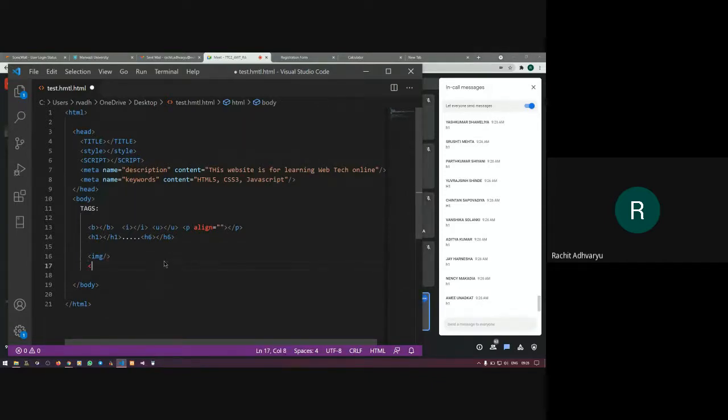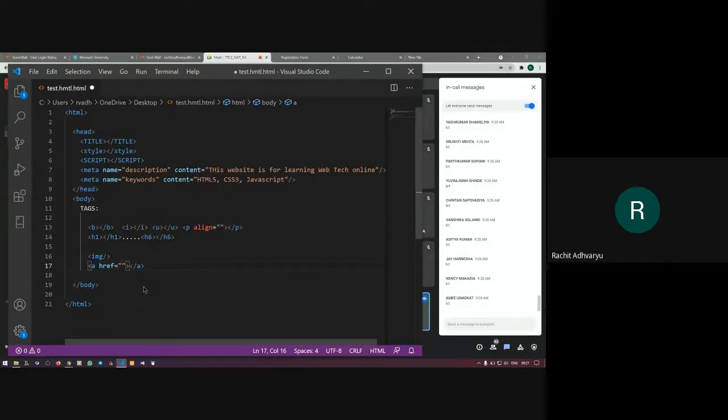Then comes the anchor tag. The anchor tag allows a user to move from one page to another page in a particular website. Now the anchor tag contains one of the most important properties called href. So what do you mean by href? Tell me.